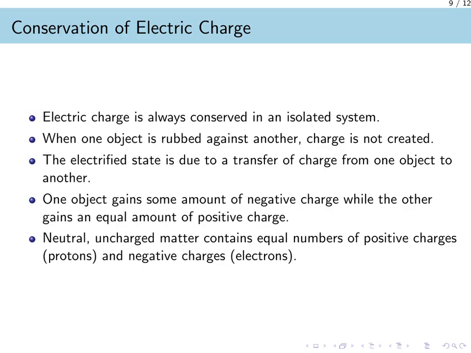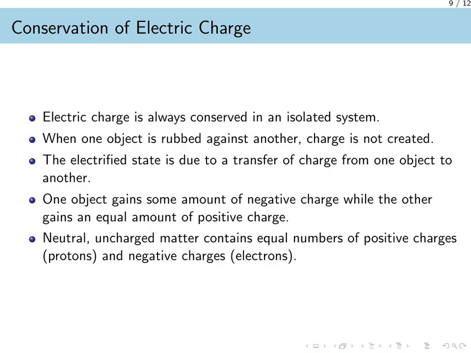Instead, the newly electrified state occurs entirely due to a transfer of charge from one object to the other. Consequently, one object gains a certain amount of negative charge, while the other object gains an exactly equal amount of positive charge. This is logically possible because ordinary, neutral matter naturally contains equal numbers of positive charges, the protons, and